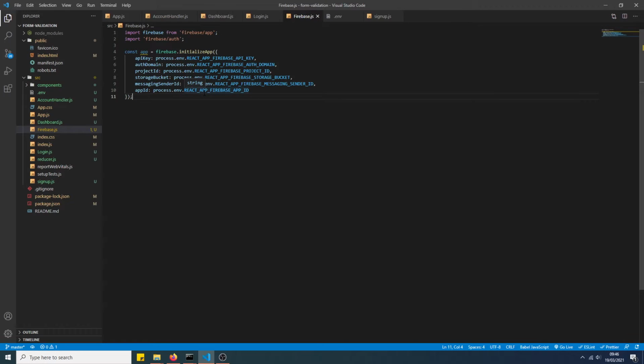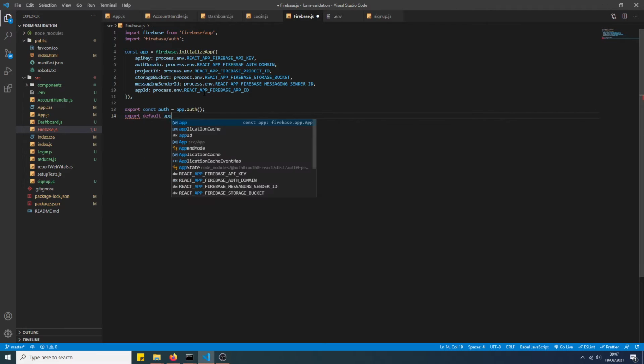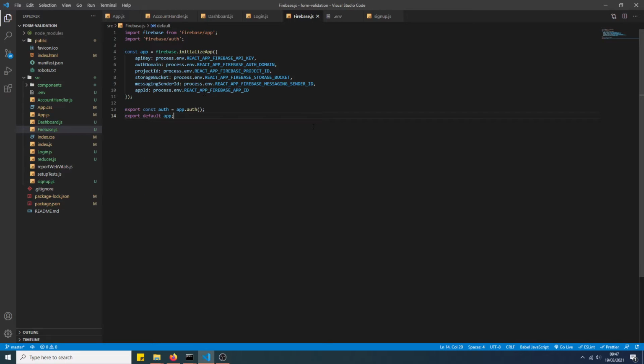Okay, and once that's done, we're going to export two things. First thing that we're going to export is the authentication from Firebase. Looks like that, and then we're just going to export app as a default export. Okay, and now we've successfully connected Firebase to our application. Okay, and so the next step would be to create a global context, so our application has access to the